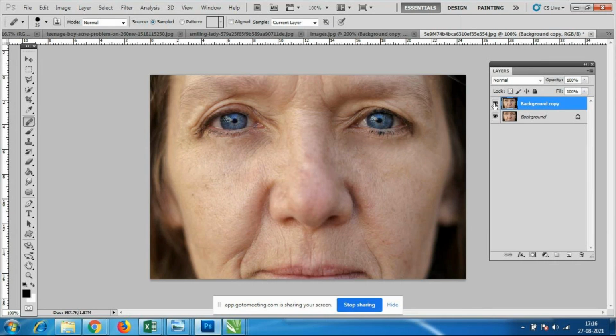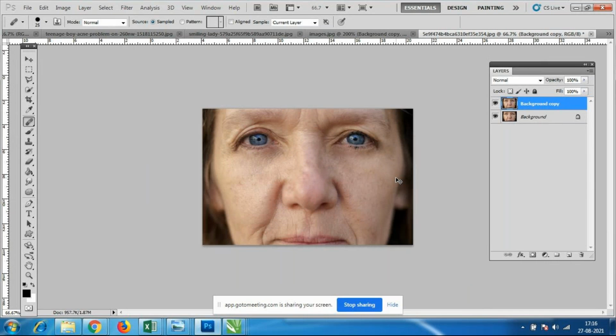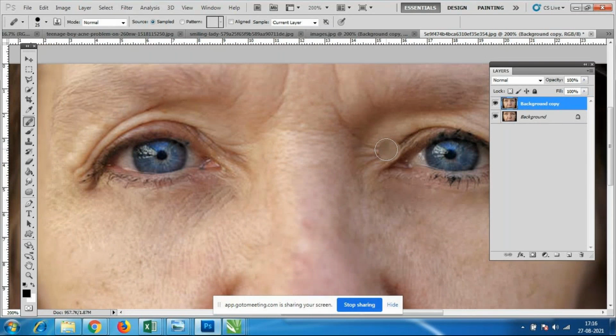You should not disturb the face lining. Whatever tools you use, the skin should not go here and there. Only the marks and the extra wrinkles, only that part you should go over. The eyebrows and hair should not change. Only wherever necessary, only the skin part, that much only you can change. You can take any of your granny's photos and